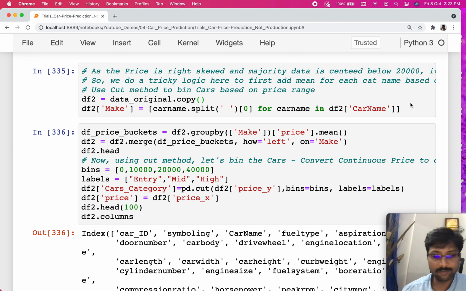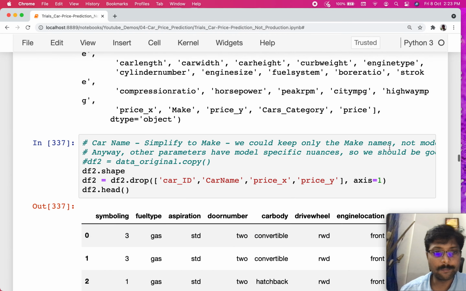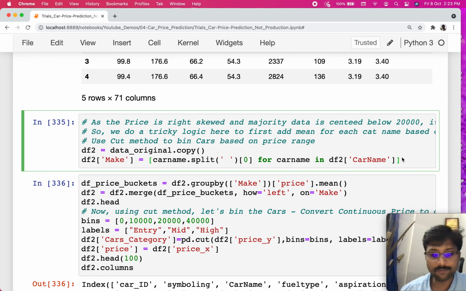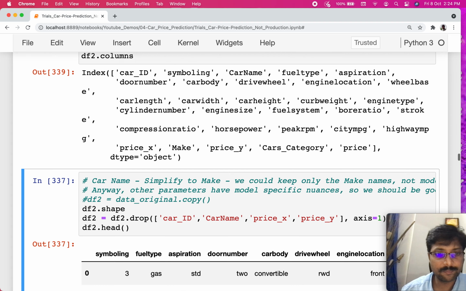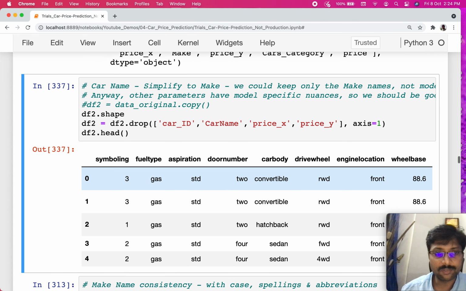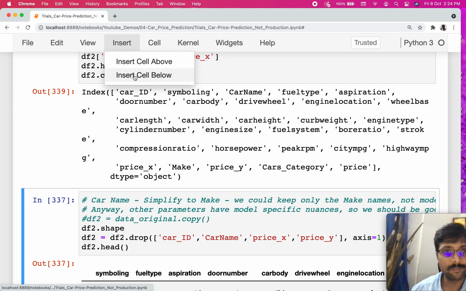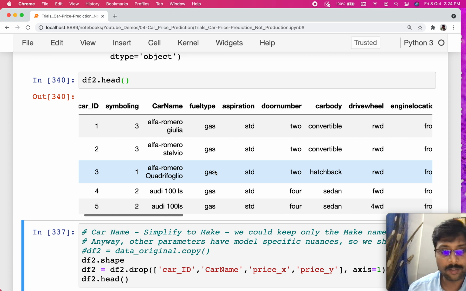So let me make sure I execute these. This is code that I should execute, and then this one, right? After this, you can also visualize here, let me insert a new cell, the output of the above piece of code.